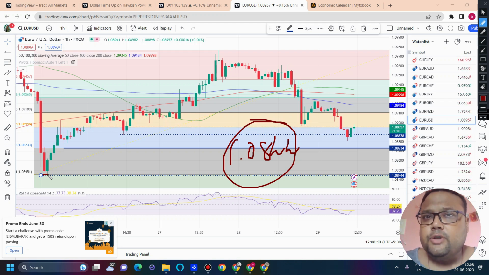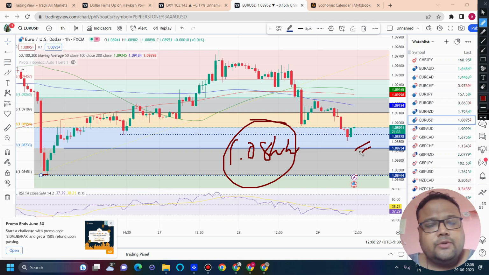But beginners, new traders, try to be careful, because during the news your stop losses may not work because of slippage. There may be extreme volatility, so please try to close down all your US dollar positions. Do not gamble with your hard-earned money. Capital is extremely important. So 1.0873 is the level where you can expect a minor bounce, and 1.0844 is